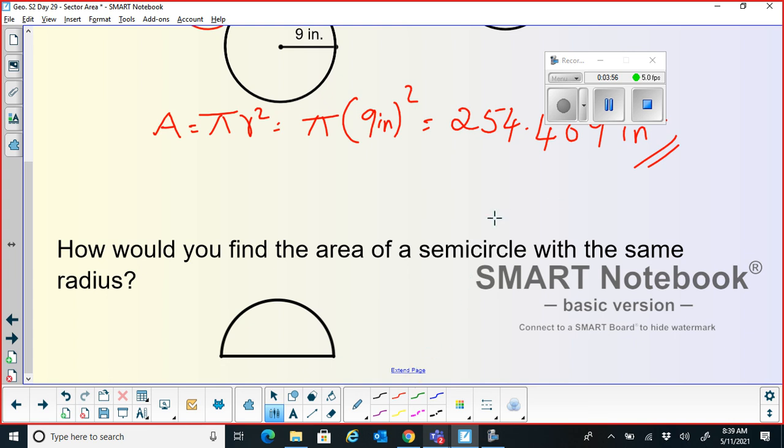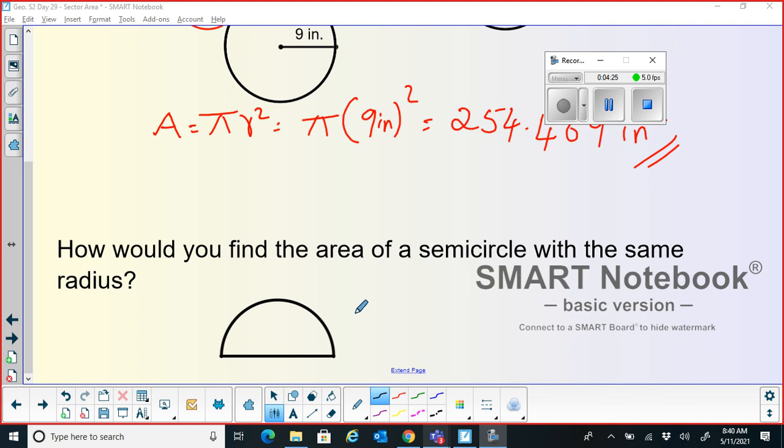Okay, all of you just think over and tell me how would you find the area of this semicircle. Use your chat, then we will go over. How would you find the area of this particular semicircle? If I were to find the area of this particular semicircle, as you all suggested, I just have to divide the area of the circle by 2.